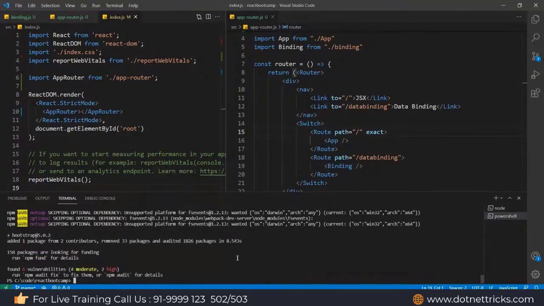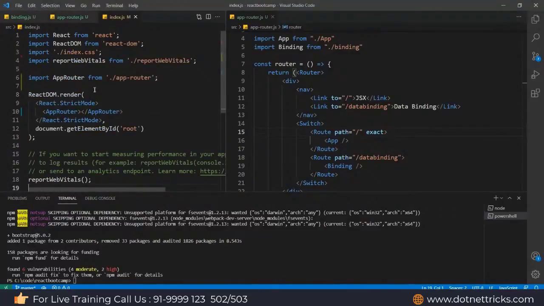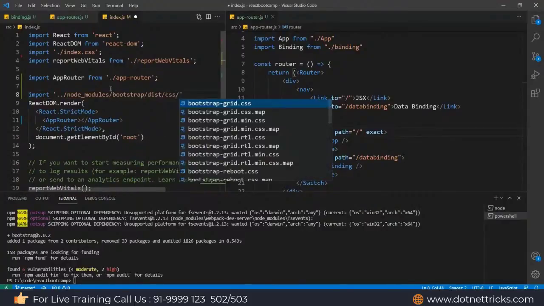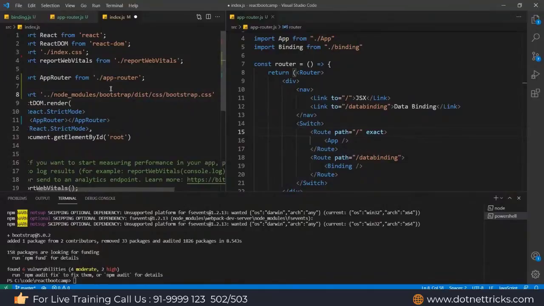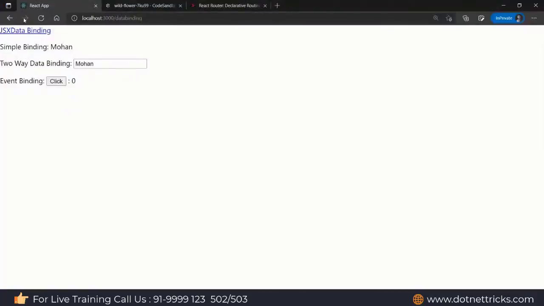So I have installed the bootstrap. Ripple, just figure out you are mentioning the correct path in the app router. In the app router, make sure the name of the file is correct. So now for using the bootstrap, just do one thing in the index.js file. Let me import the bootstrap here. Let's say import and it would be node_modules, then we have bootstrap, then dist, then css, then bootstrap.css file. I'm importing this one. So what I'm doing here, I have imported the bootstrap css file to use it. Save it here and you will get the changes in the UI now as per the bootstrap.